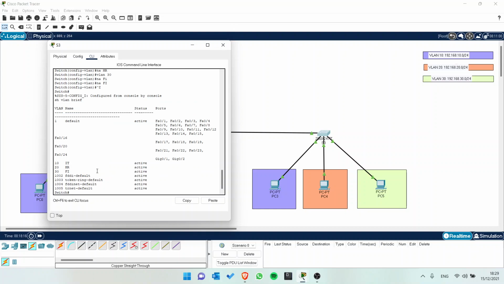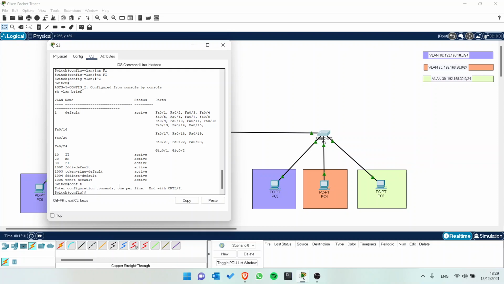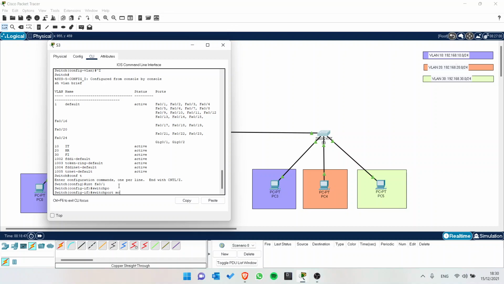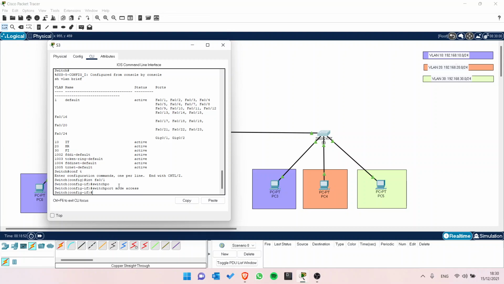Show VLAN Brief. And here we have created the three VLANs. Now we just need to assign ports to these VLANs, which is port 1, port 2, and port 3. Go back again into configuration terminal, and then go to the interface that you want to change, FA01, and put the interface into access port, which is switchport mode access, and then assign this port to VLAN 10,